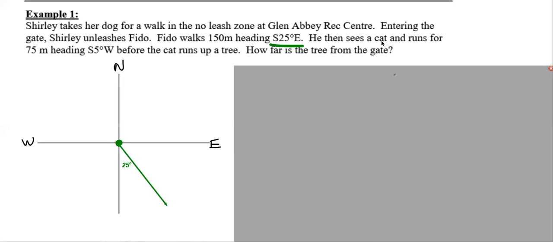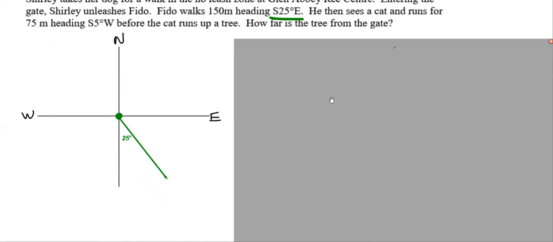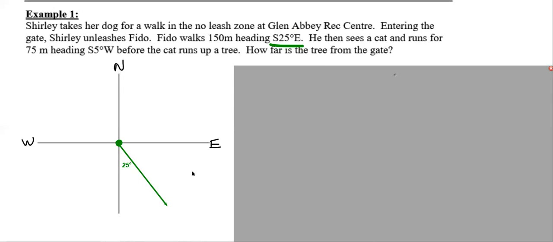He then sees a cat. Now when it says he, we're talking about the dog. So he then sees a cat and runs 75 meters heading south 5 degrees west. Now before we go any further, we probably should mention that the distance for that green measurement is 150 meters. So probably not a bad idea to label that as well,